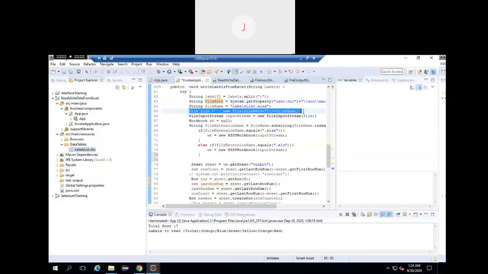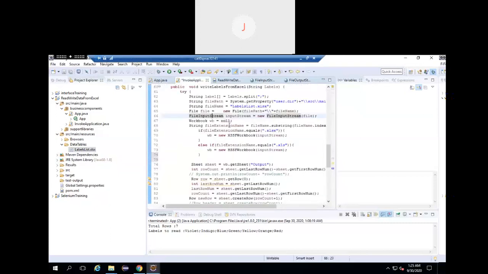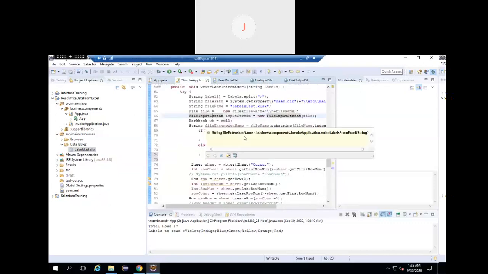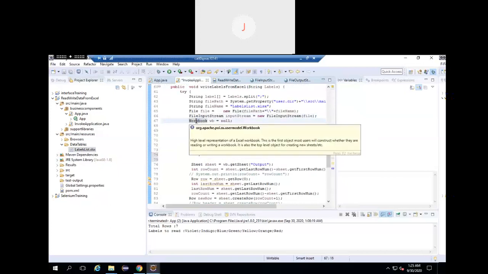I'm initializing the file using this method and FileInputStream. This helps in establishing a connection and also reading the data. They use the term raw bytes to read the bytes or data. And Workbook here is an interface. These are all predefined interfaces.